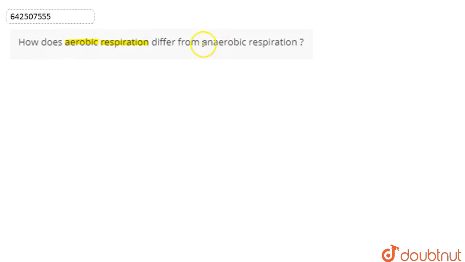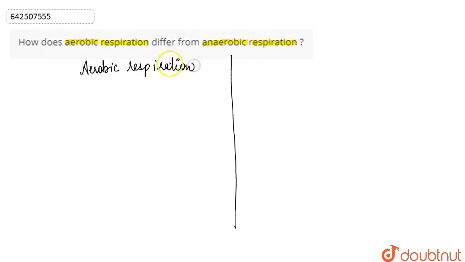If we talk about this question, we are asked how does aerobic respiration differ from anaerobic respiration. So here we simply have to differentiate between aerobic respiration and anaerobic respiration. If we talk about the differences between them,